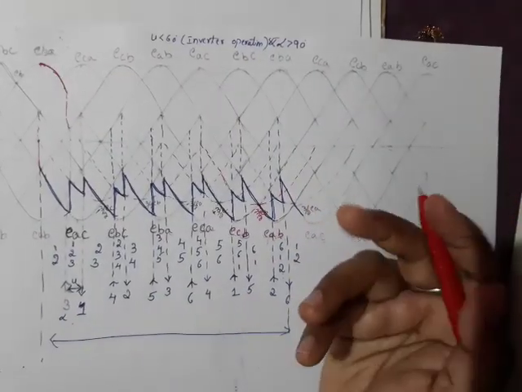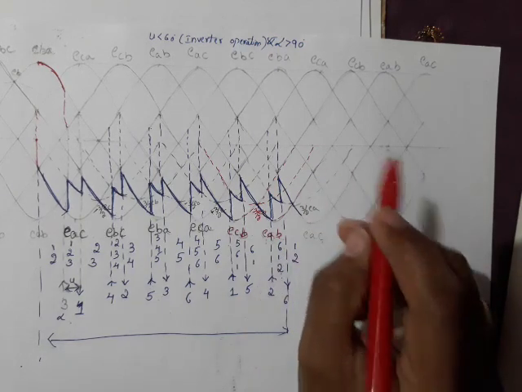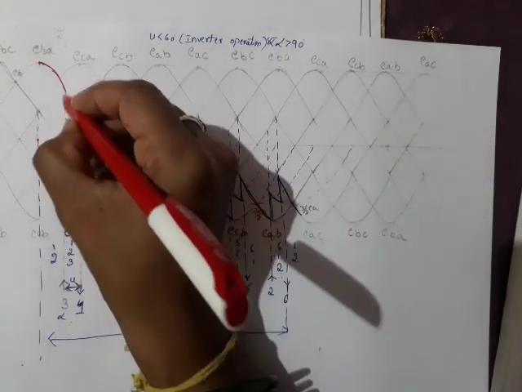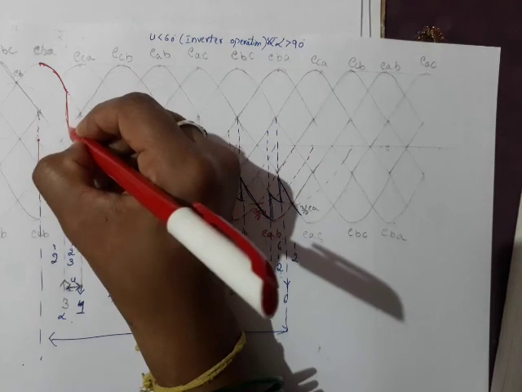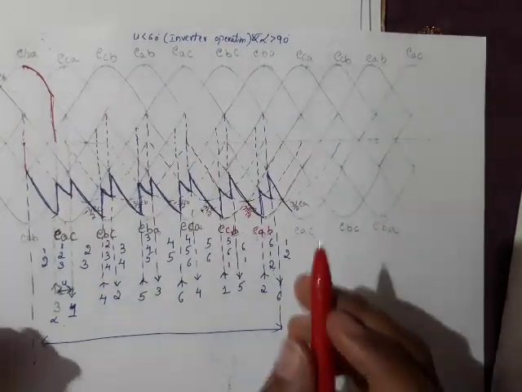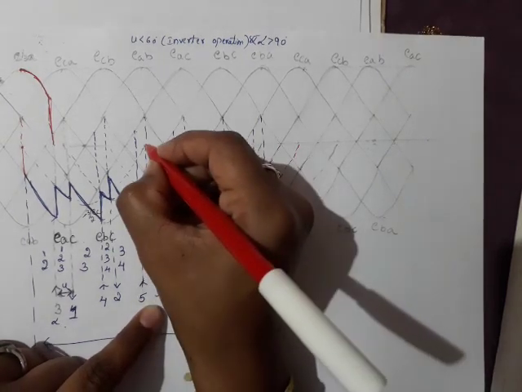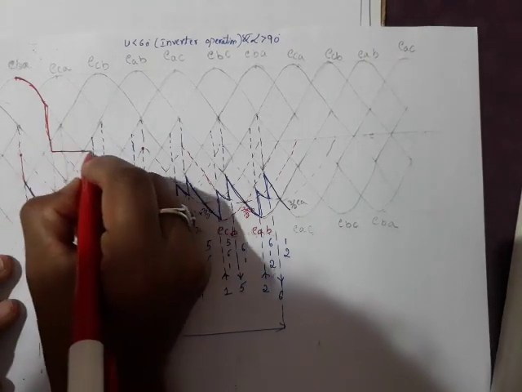Okay. So till that it is EBA. Since EBA is positive, we can easily trigger valve number 3. So once valve number 3 come into conduction, obviously the voltage across the valve becomes 0. Okay. So till here it will be EBA. Then it will drop to 0. At this point it will drop to 0. And till valve number 3 come out of conduction, it is 0 only. So up to this point, the valve voltage is 0.